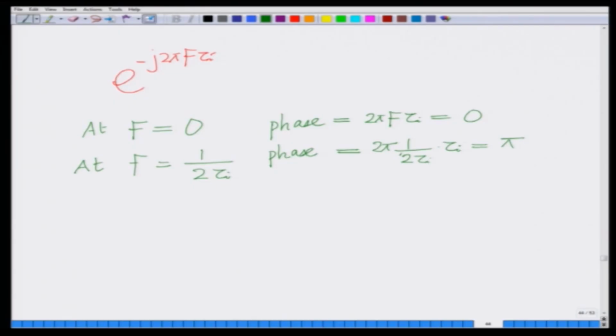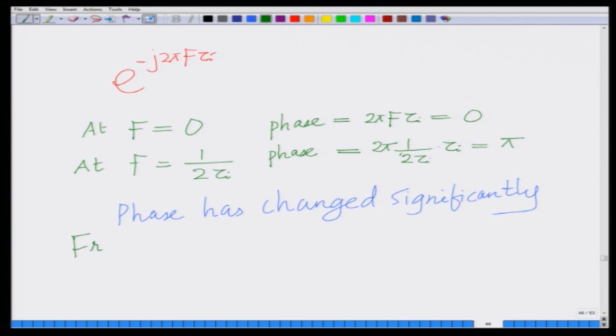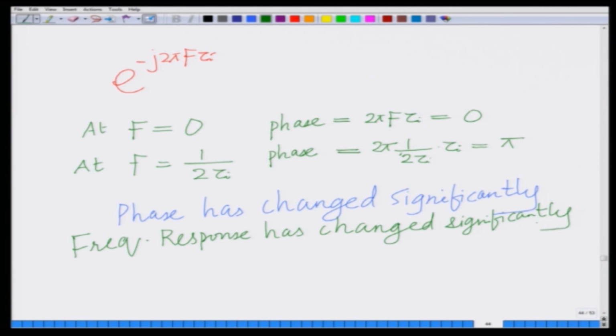Therefore, what we can say is the phase has changed significantly, or in other words the frequency response has changed significantly at f equal to 1 by 2 tau_i,